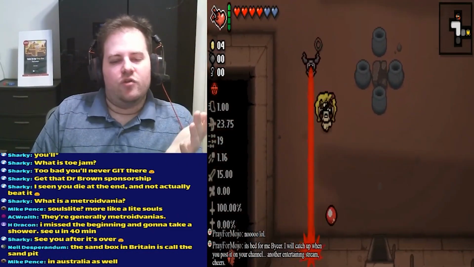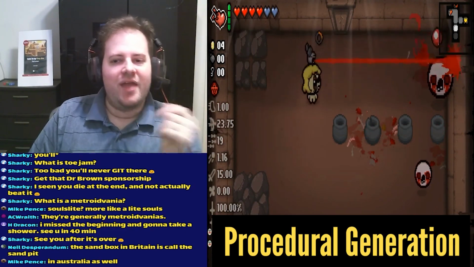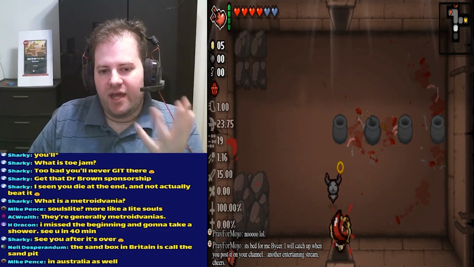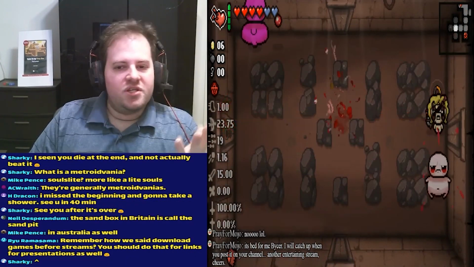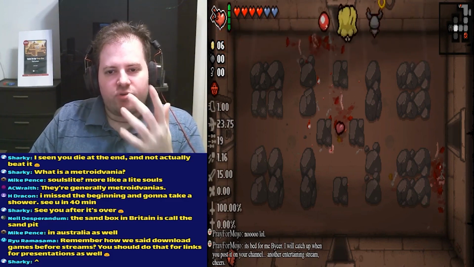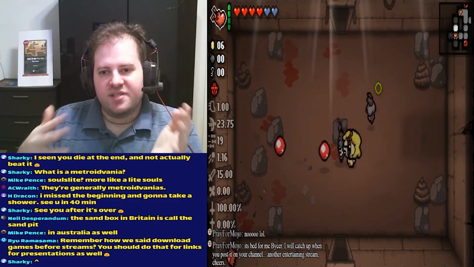A key element of whether or not you're doing a roguelike, or roguelite, and if we want to come up with any other definitions of design, is the use of procedural and random generation. Procedural generation is the act of the game creating a space with original layouts or design.